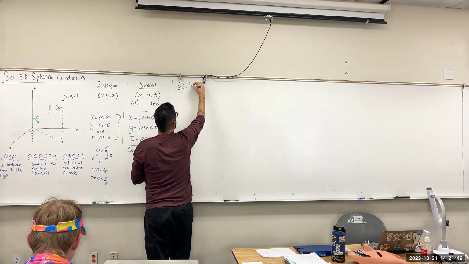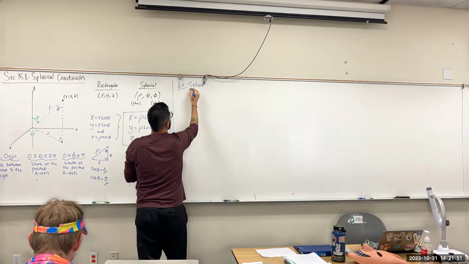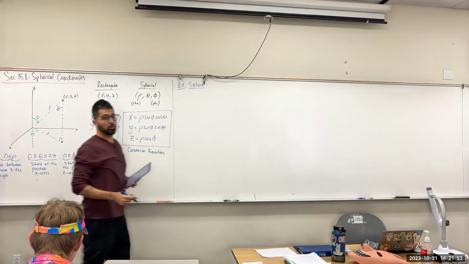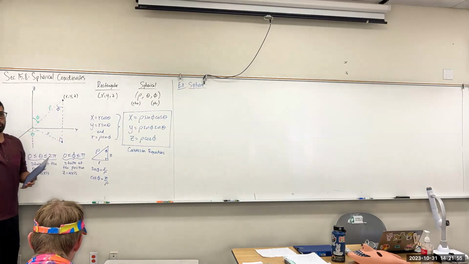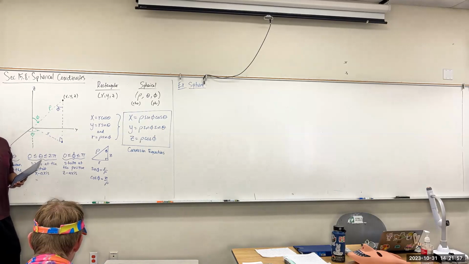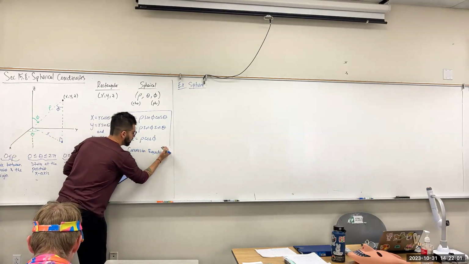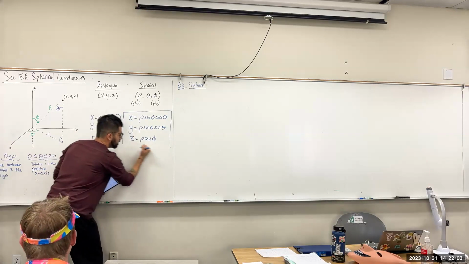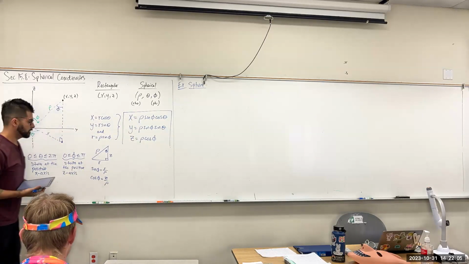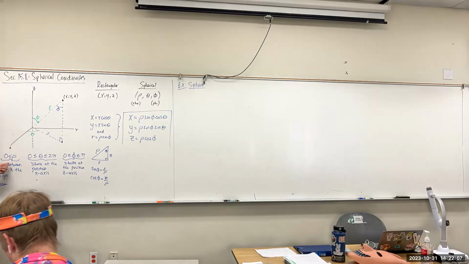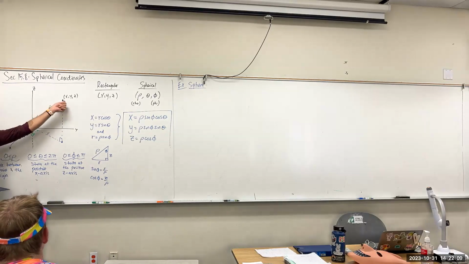So let's see what a sphere is going to look like in spherical coordinates, the equation of a sphere. Oh, I forgot one more. I apologize for the pen writers. Since rho is the distance between this point and the origin,